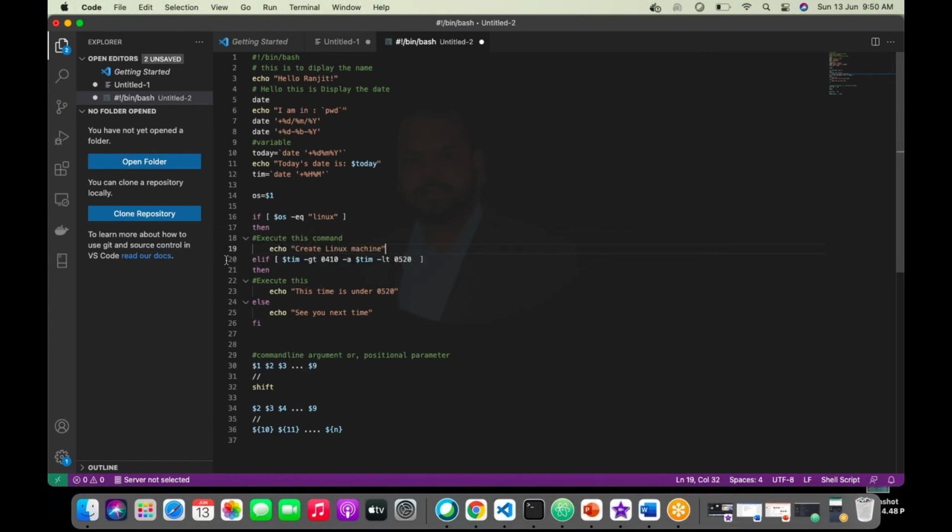I'm just showing you how I'm modifying it. Now I can add an elif: if OS equal to Windows, then create Windows machine. Else you can give one error message: please pass appropriate OS. Good, we are done. Now let's copy this